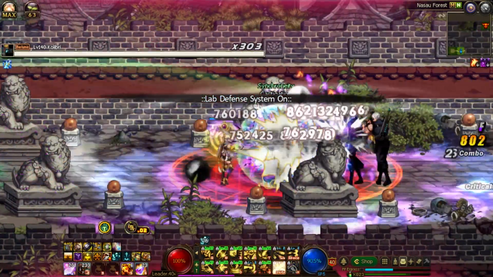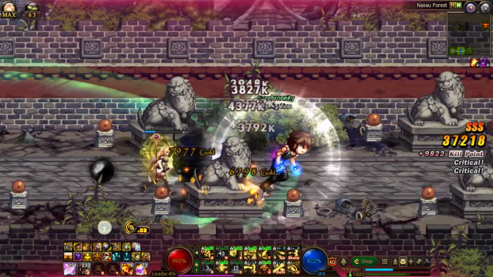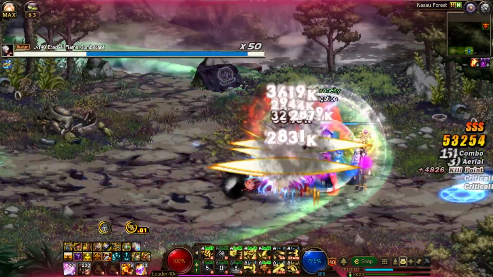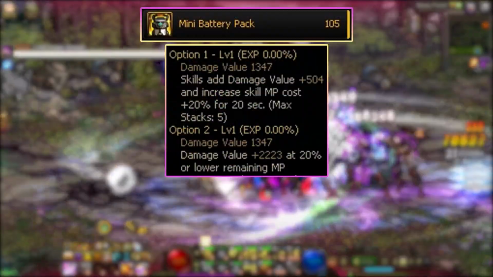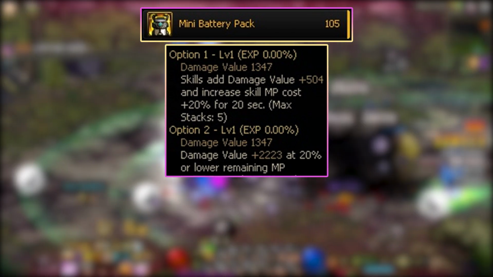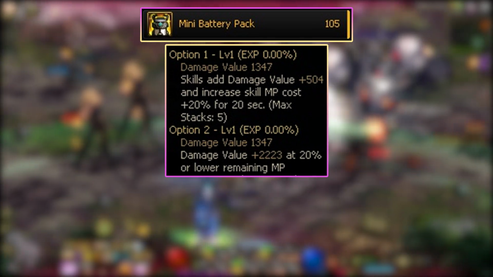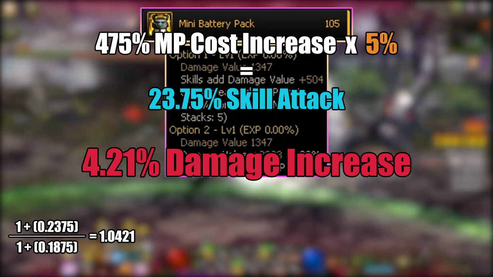Not too unreasonable, though potentially expensive, as Kaleido boxes are already not so cheap and are probably going to be more expensive once we get Meister's Lab. As for magic stones, there's a handful of good ones. Firstly, we have the mini battery pack, which offers a significant amount of damage value as well as up to 100% MP cost increase. Assuming you're only using the 3 core pieces, this boosts your MP cost increase to 475%,